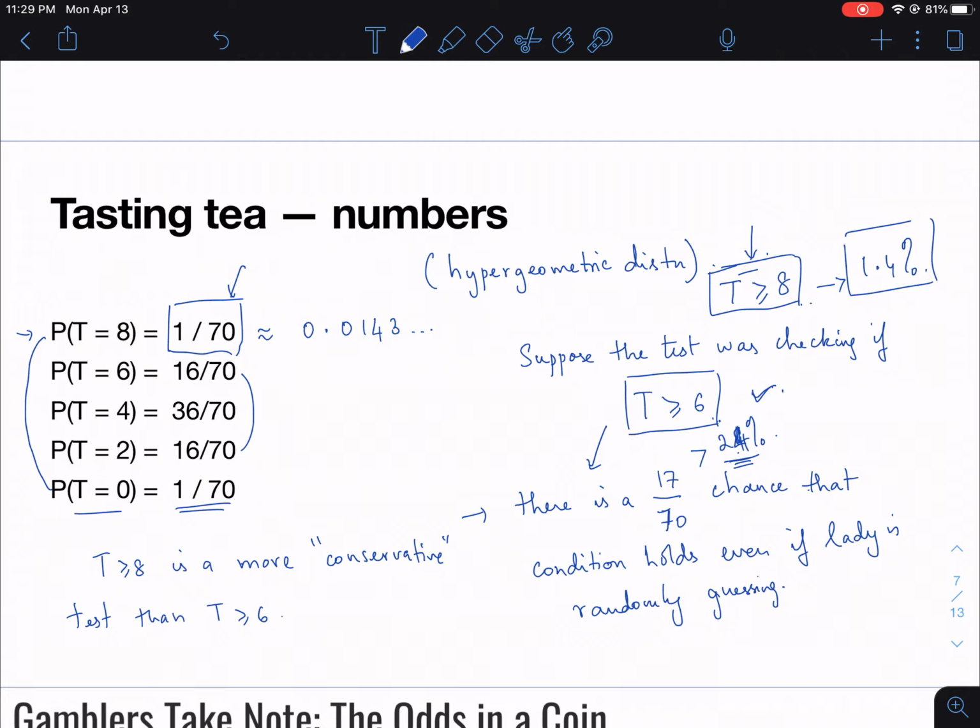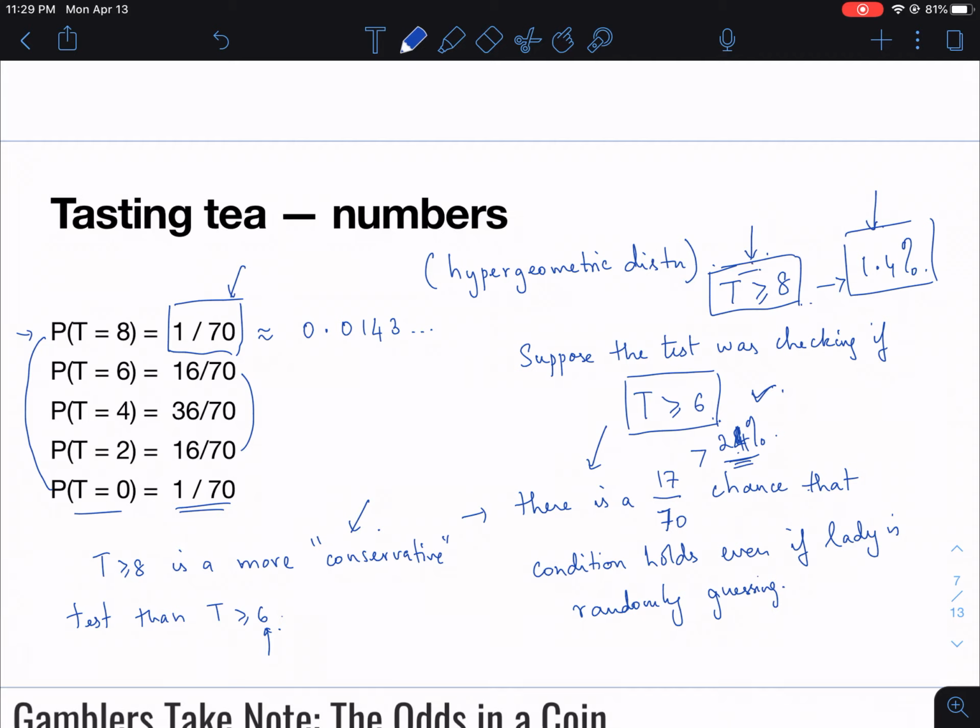In the sense that here the probability that a random guesser would succeed is way lower than this. But this is of course as is to be expected, right? Now this probability value, the probability that